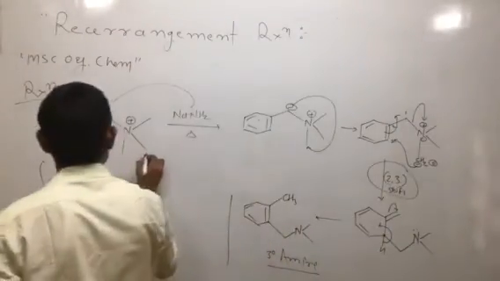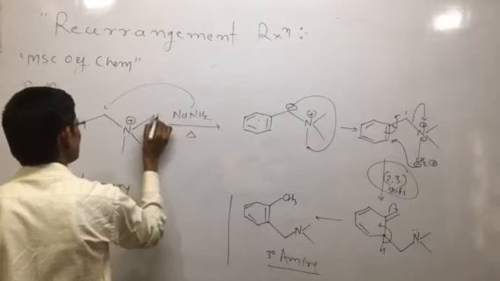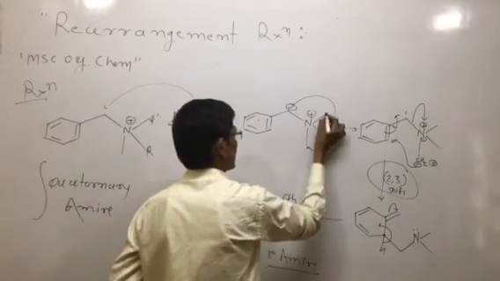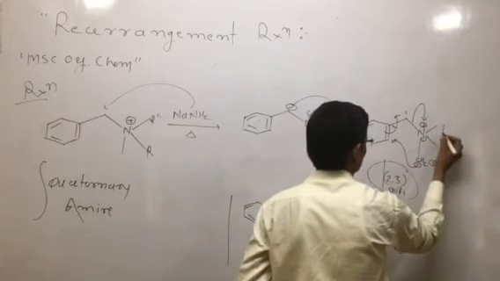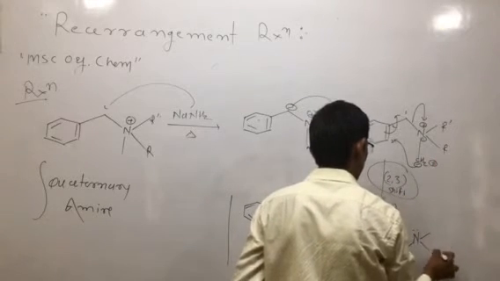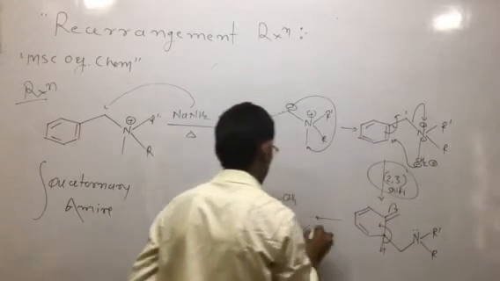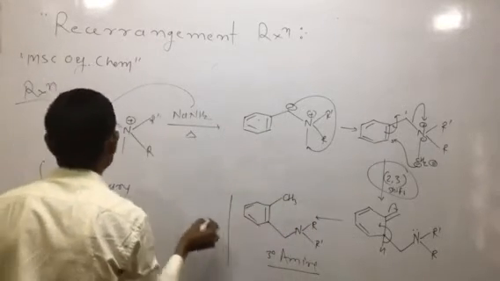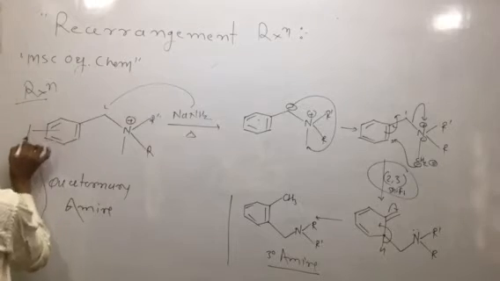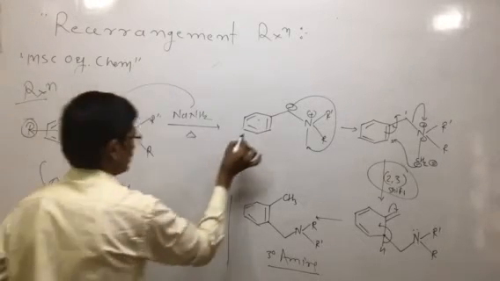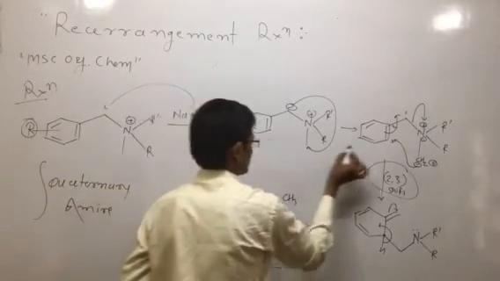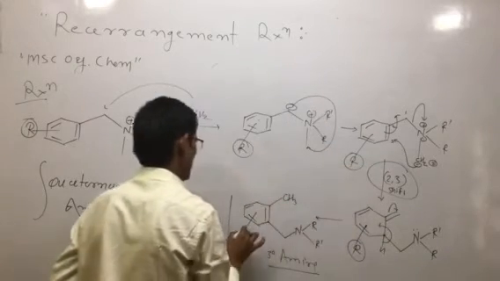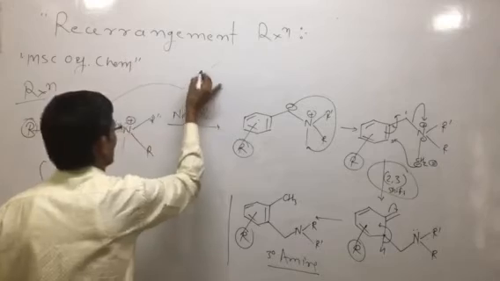And here we take the R group, R1, R and R dash. Any type of alkyl group we can take as R dash, here R and here R dash. You can take the R group here, an alkyl group on the aromatic nucleus. So these are the applications of these types of rearrangement. What is the name of this rearrangement?